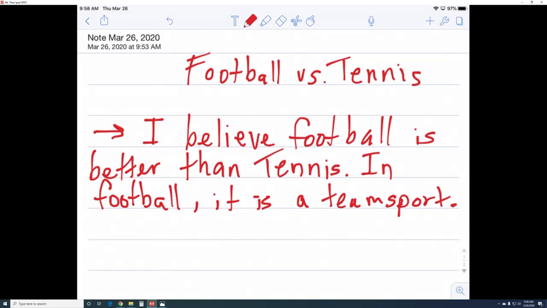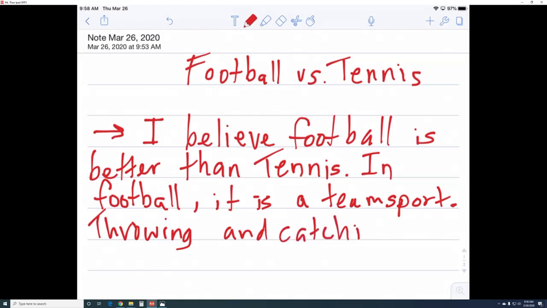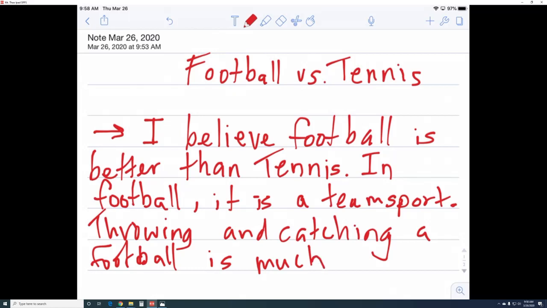My second reason is throwing and catching a football is much more rewarding.